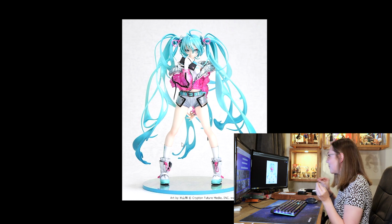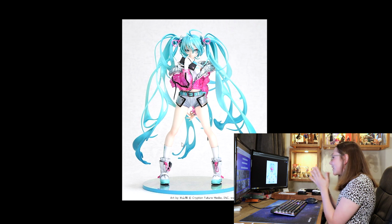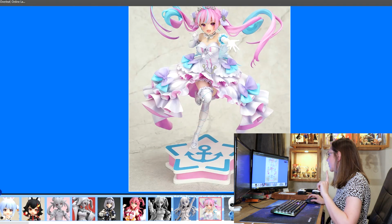They could not have done a better job with this Miku in my opinion, and she exceeded all my expectations for how she was gonna look painted. So instant pre-order for her. She's incredible. I'm so happy with this Miku, and yeah, this girl looks really cute